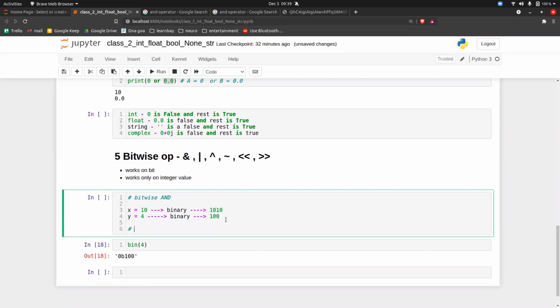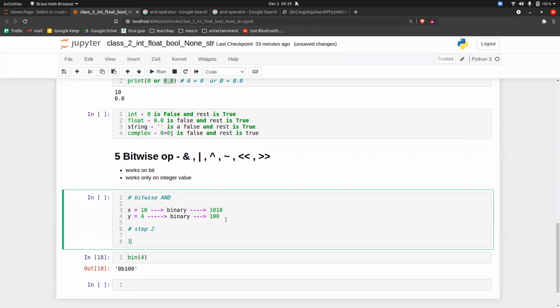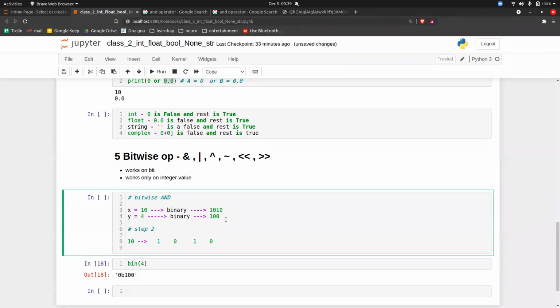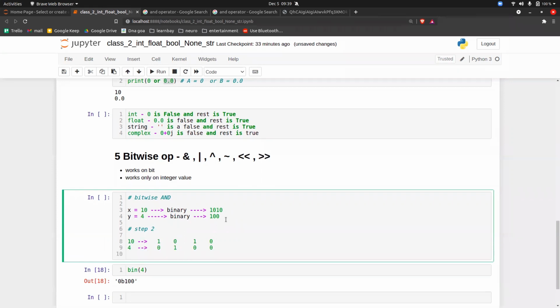Step 2. So for 10, the binary representation is 1, 0, 1, 0. For 4, the binary representation is 0, 1, 0, 0. So what you have to do is perform the AND operation on every bit now. It's like addition. If I tell you to add 400 plus 600, what do you do? You add the ones place, you add the tens place, you add the hundreds place, right? Same here also.